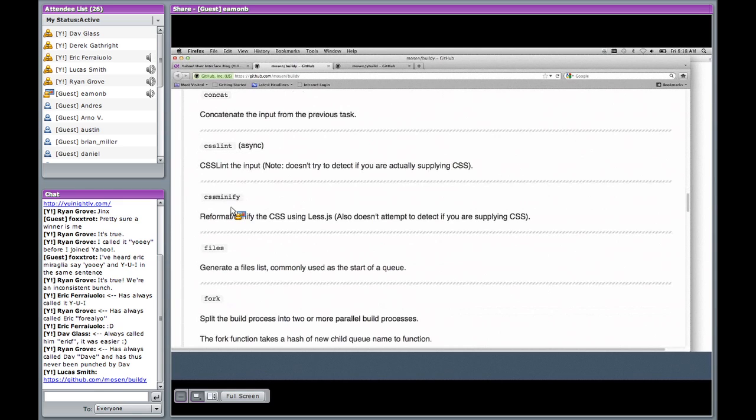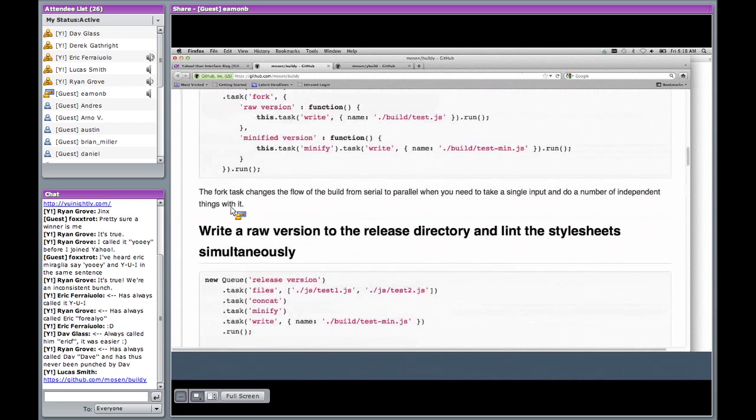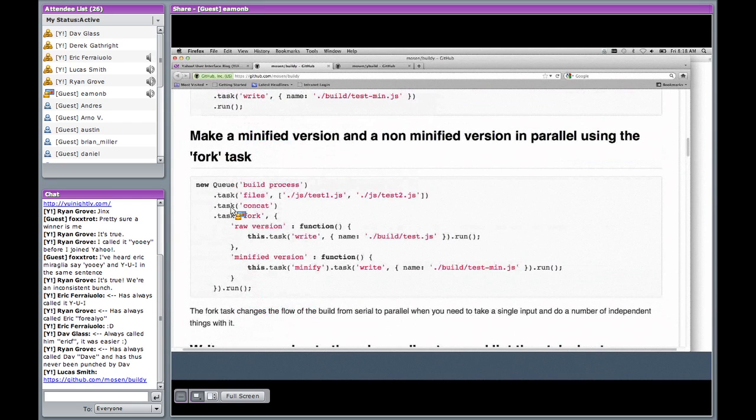So I had to make a task that would split at a particular moment. So in this case, let me just see if I got one here. Yep. The forking task just takes an object literal with the names of new queues to fork into. So when it executes the fork task, it's really just making a bunch of child queues.